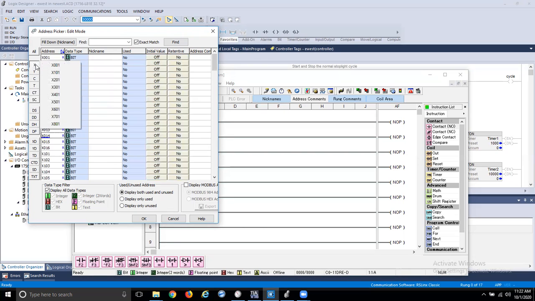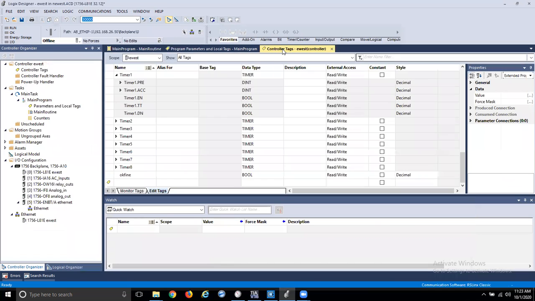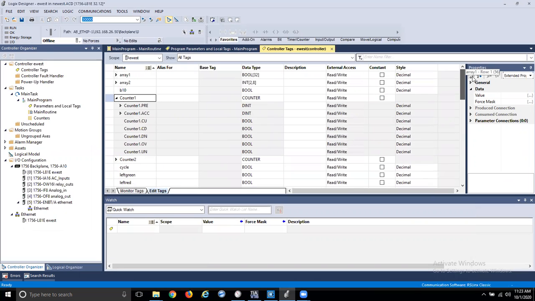Okay. Address picker, everything's defined. Come over to the Siemens. Not Siemens, but the Allen Bradley. And your tags, you define them. So for my stoplight program,